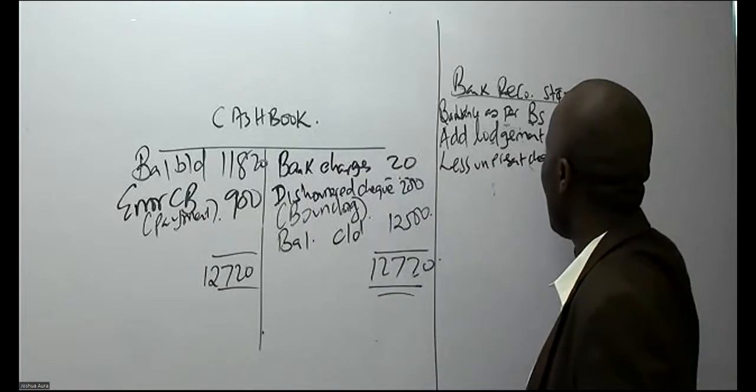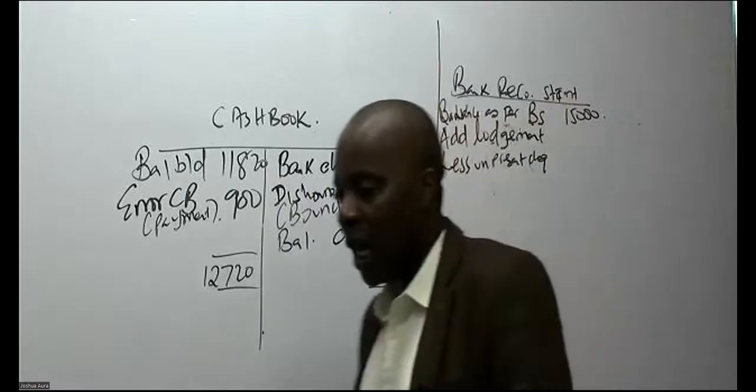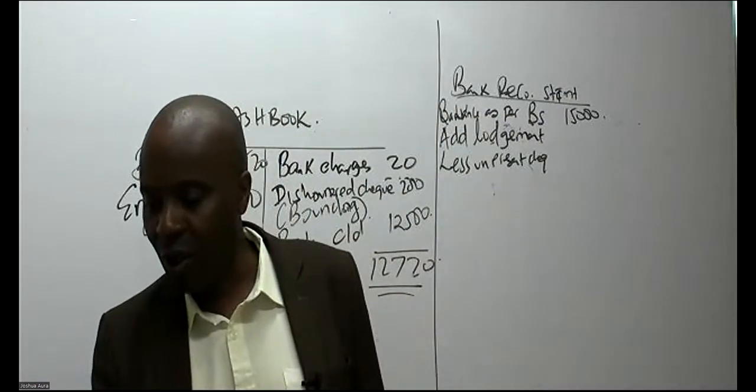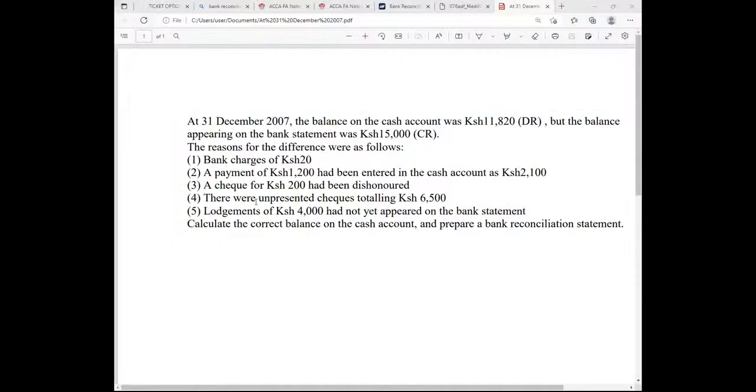Any unpresented checks here. So lodgements, have they given us lodgements, ladies and gentlemen? Let's check here. They've told us, note 5, lodgements were 4,000. And then unpresented checks that I'm subtracting here, from note number 4, was 6,500. So you're subtracting 6,500. Then could you kindly give me the balance